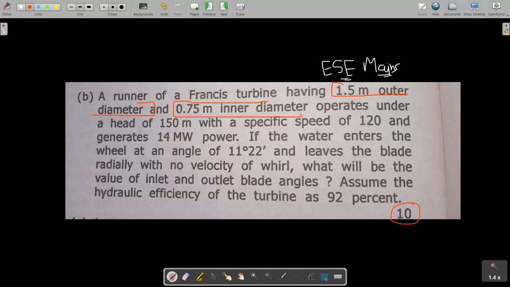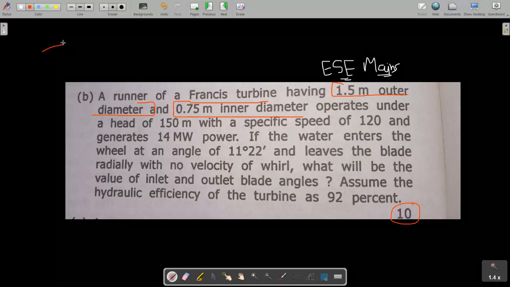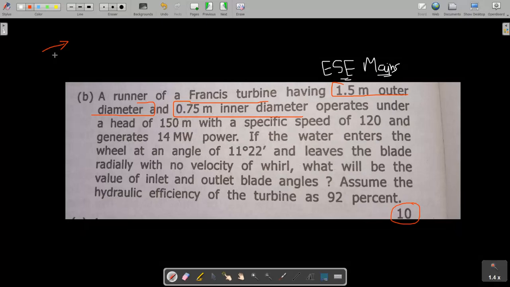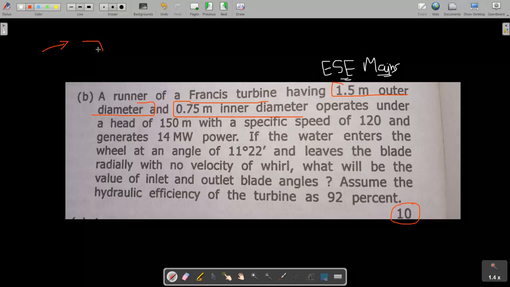0.75 meter inner diameter, and as you know, the water enters from the outer diameter and finally leaves the blade at inner diameter. Okay, this is the basic working of Francis turbine, and the operating head is given as 150 meter with a specific speed of 120 and generates 14 megawatt power. If the water enters the wheel at an angle of 11 degree 22 minutes,